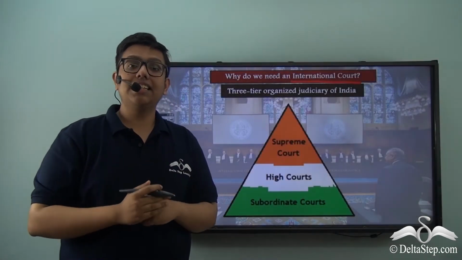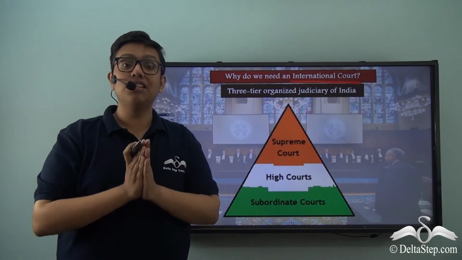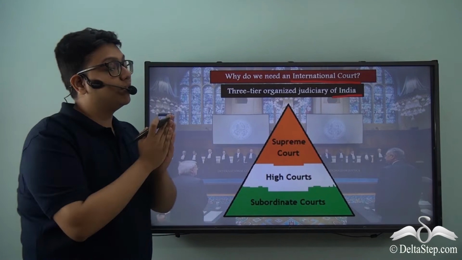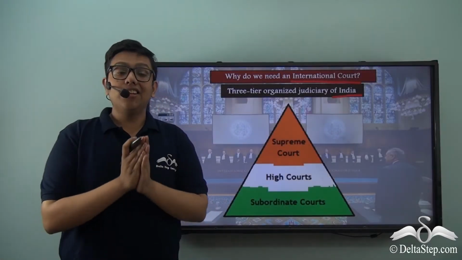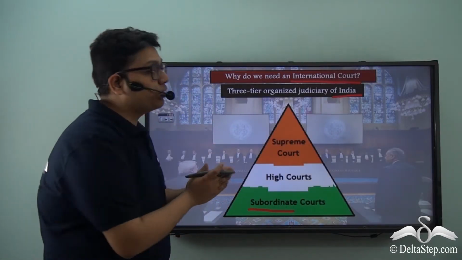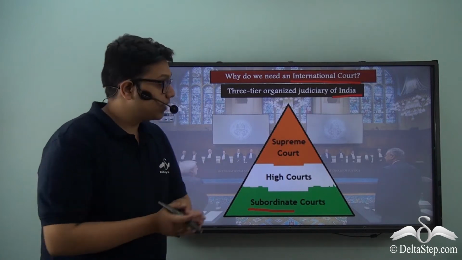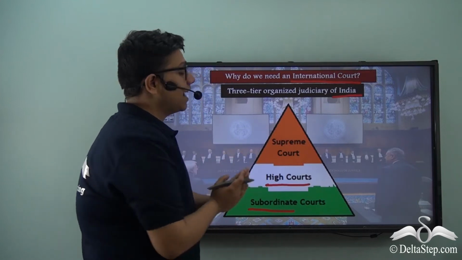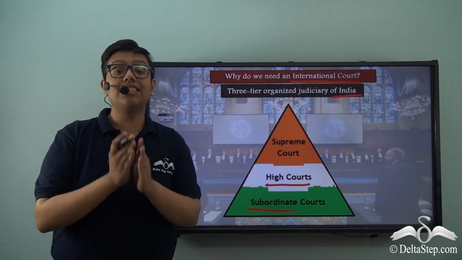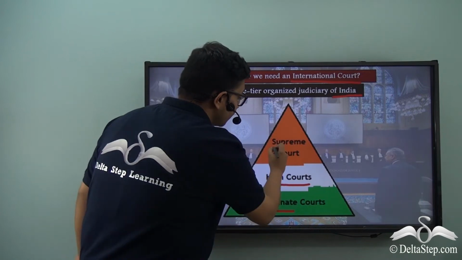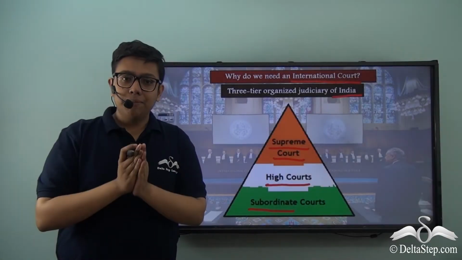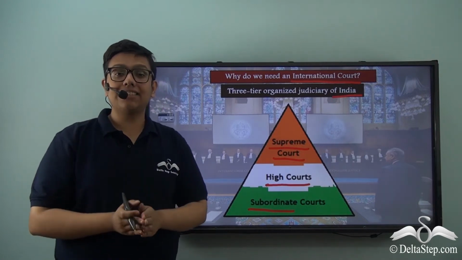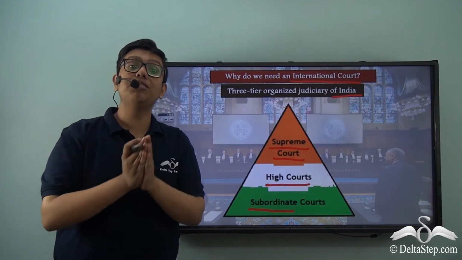Do you not think that nations already have organized judicial structures of their own? In the case of India, a three-tier organized judiciary exists, where at the lowest level, disputes regarding the districts are addressed. At the state level, the high courts are there to administer justice, and at the national level exists the apex court, which is the Supreme Court. Apart from administering justice at the national level, the Supreme Court also acts as the court which settles disputes between two states of India.